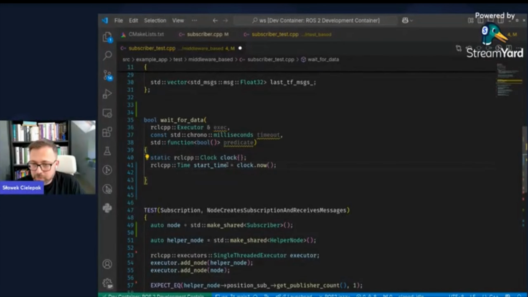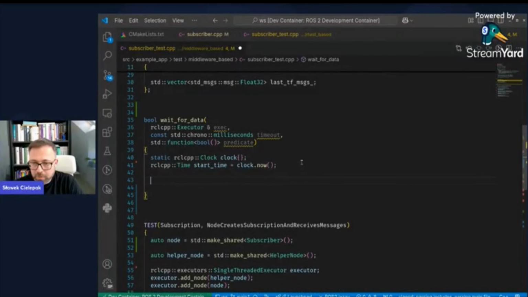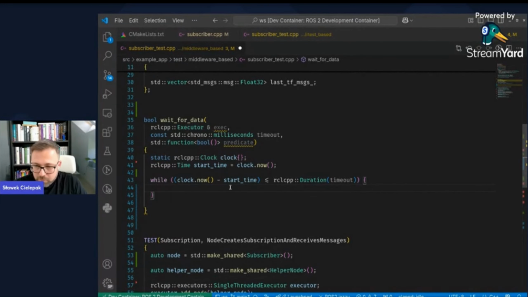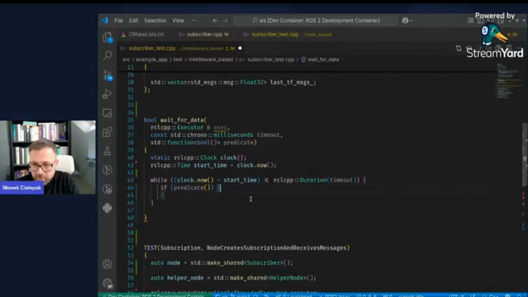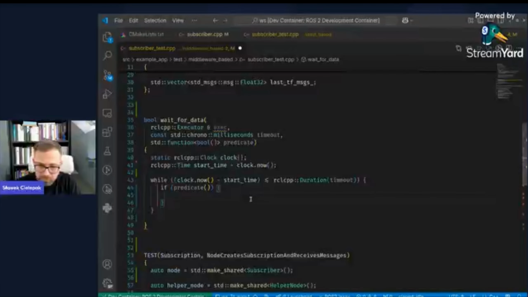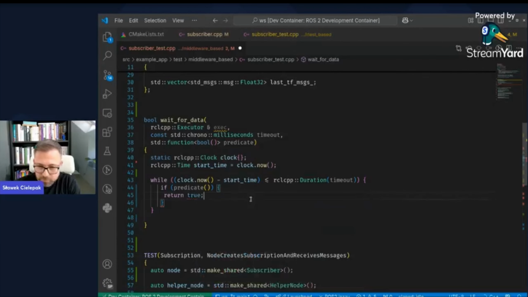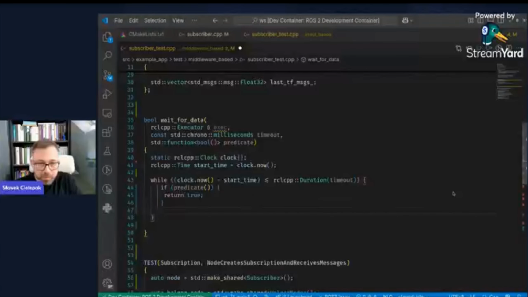Store the start time of the procedure. Check whether the timeout has happened, and if not, we check our predicate. If it happens that the messages are passed through, return true. Otherwise,